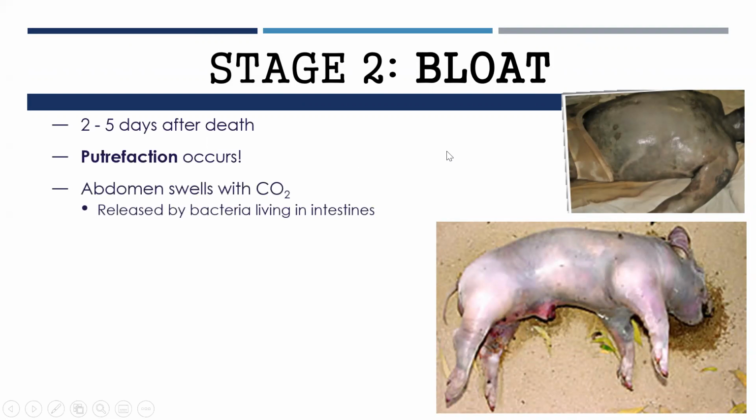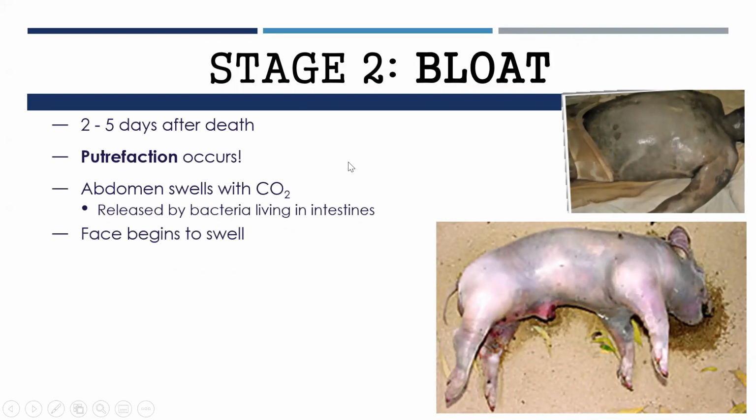So usually the abdominal cavity will start to swell with carbon dioxide. If you've ever seen roadkill, especially in the warmer summer months, a lot of times they're bloated. This is why. The bacteria in the intestines start to eat away at the intestines open, the gas releases, it has nowhere to go but into the abdominal area, and it causes the abdomen to swell. It can cause the abdomen to burst, or if someone pokes it or it's punctured. This isn't exactly the same situation, but if you hunt and you've gutted a deer and you've hit the abdomen area in a wrong way, you can cause a release of gas, which smells.